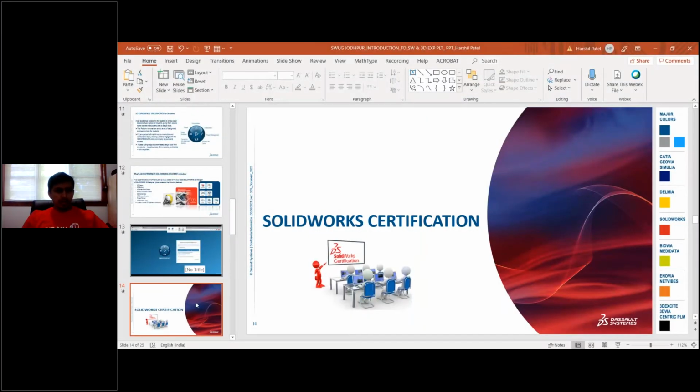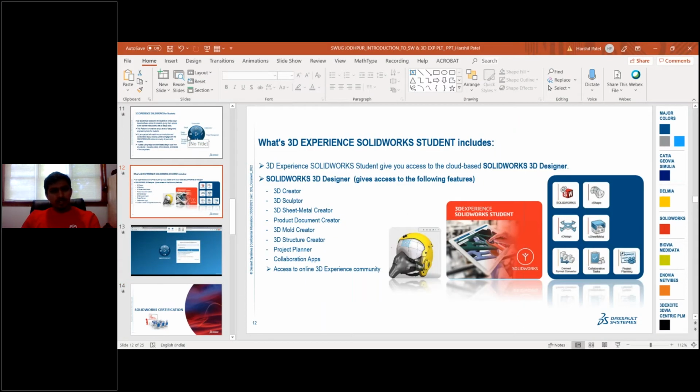So that's the thing about the SOLIDWORKS 3D experience platform. It covers all the things. Also you can access the tutorials and community in the 3D experience platform.